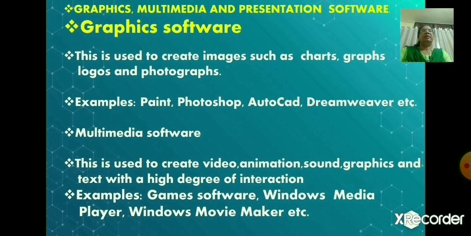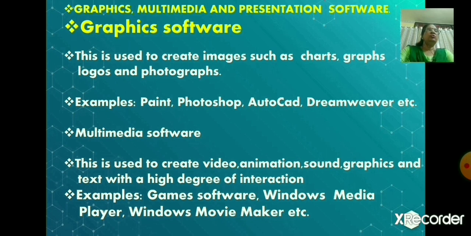Now graphics, multimedia and presentation software. Graphics software is used to create images such as charts, graphics, logos and photographs. For example, with the help of Paint you can create charts, graphs and logos. And Photoshop, AutoCAD and Dreamweaver, these are all graphical software.